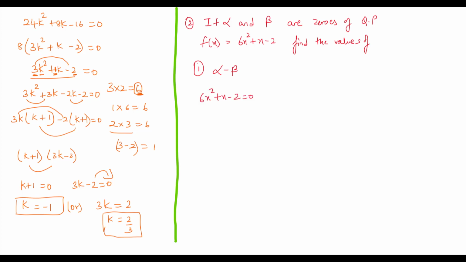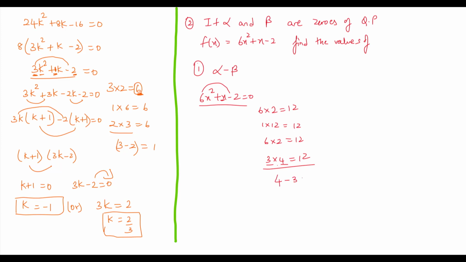First, we'll have to take the polynomial and find alpha and beta, the zeros of this polynomial. What you have to do is, doing the splitting method, that is 6 into 2, you'll get 12. So when you get 12, find the factors of 12, that is 1 into 12, 6 into 2, and 3 into 4. Find such factors where if you add those factors or subtract those factors, you will get your middle term coefficient, that is 1.